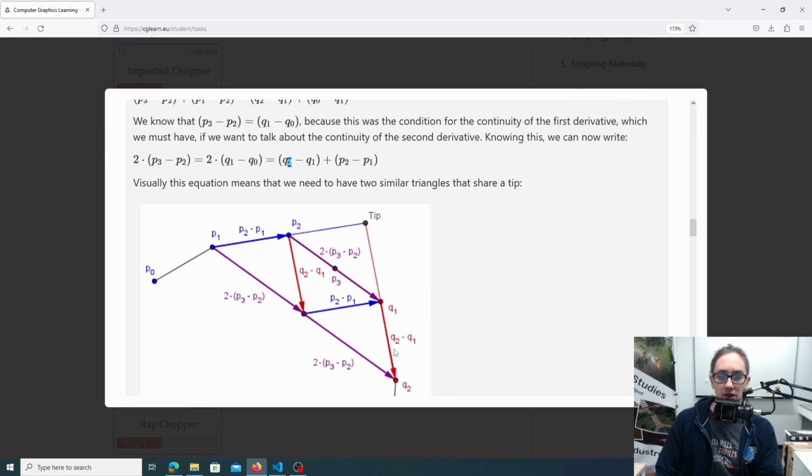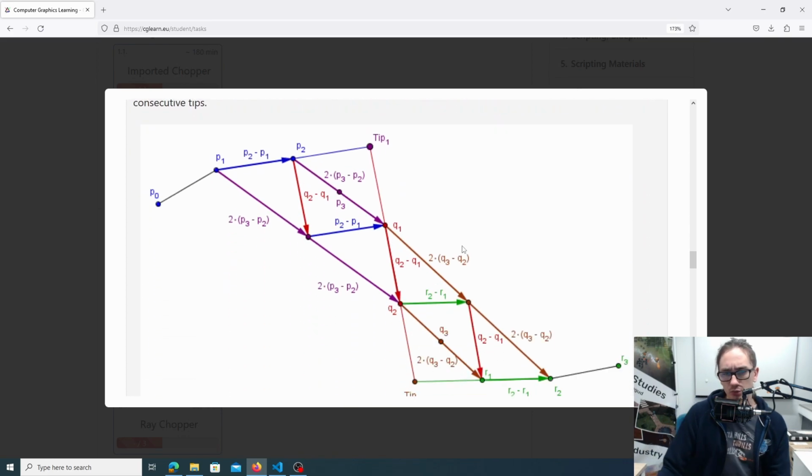And it has to be summed with P2 minus P1. This is the blue vector. So if those blue and red vectors are added together, it should be exactly the same vector as this purple vector. As you can see, this goes from this P2 to this imaginary line, and then we add the blue vector as well, and we get to exactly the same place that we would have gotten if we added the purple vector. So that's the constraint on how to get the